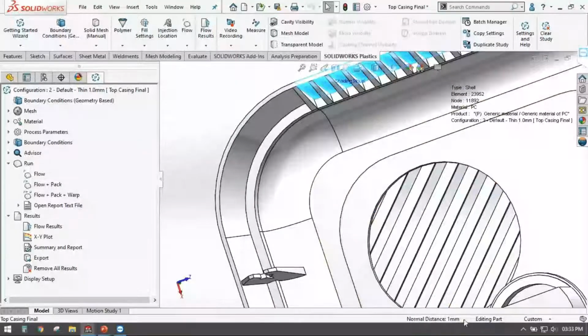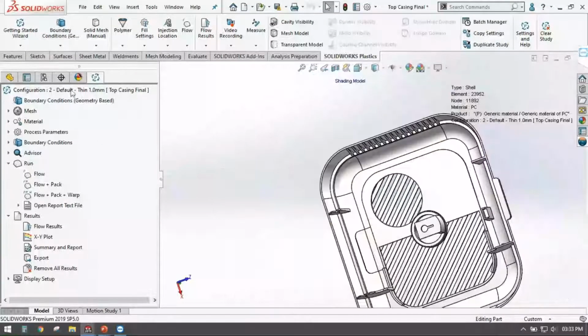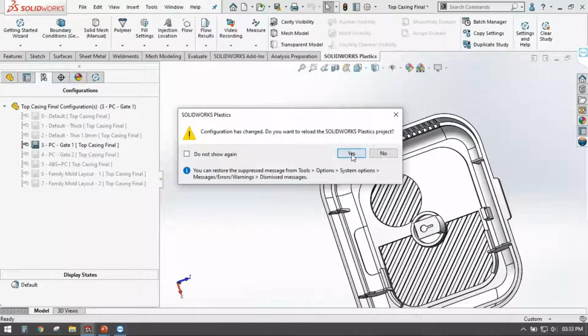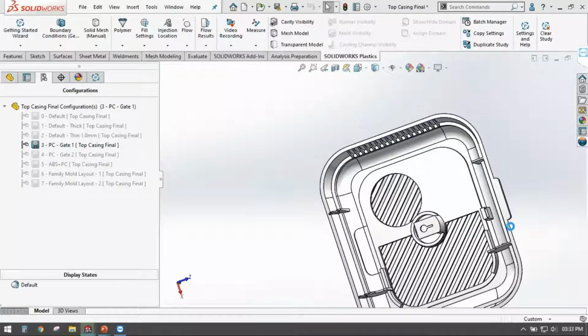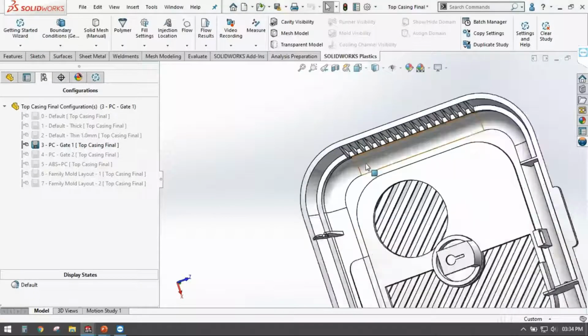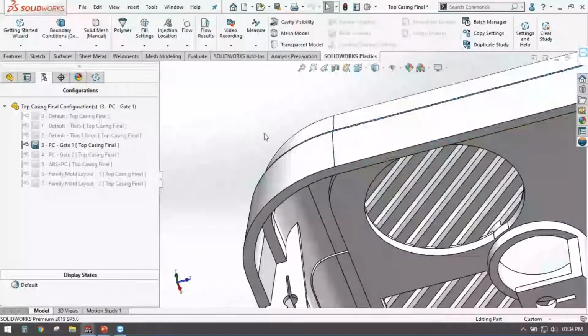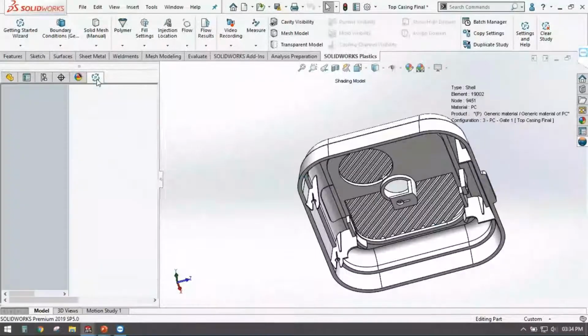So thickness is right now 1 mm, right? So what if I change the thickness, maybe increase it or decrease it, and then check whether it is capable of completely filling the cavity or not? So there are various questions which would come up in your mind while designing the part, right? Now I have increased the thickness from 1 mm to 2.5 mm over here, right?